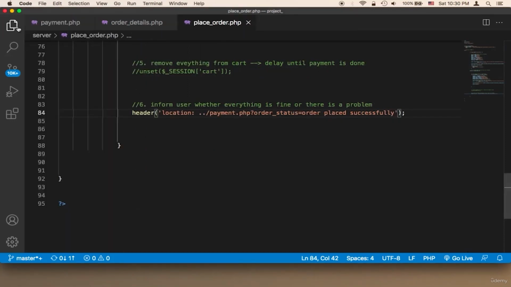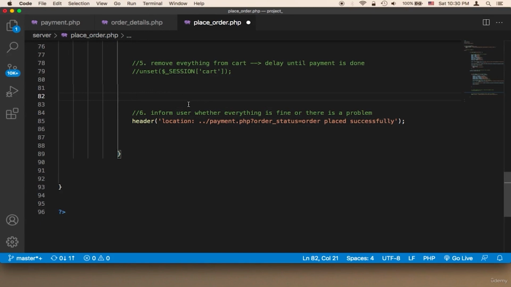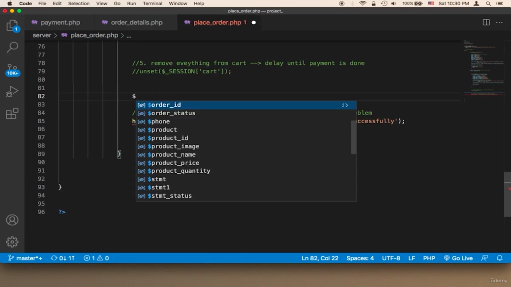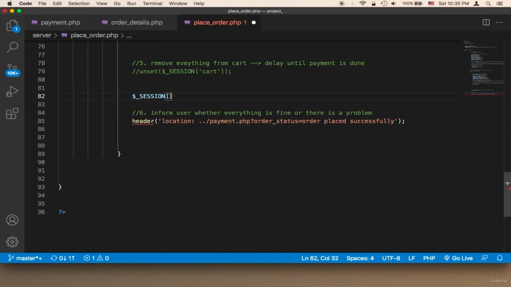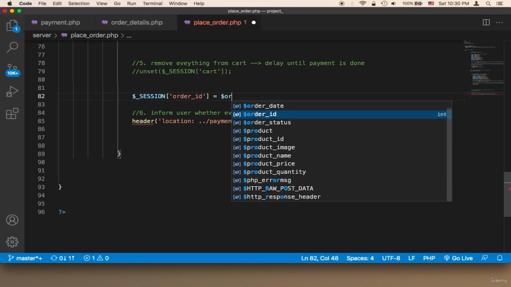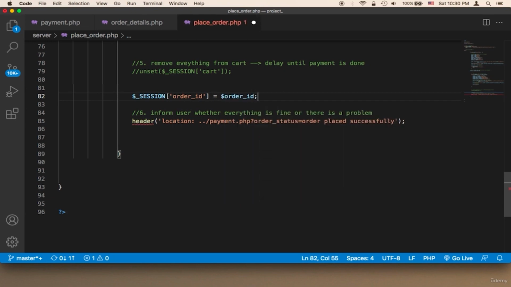So here what I'm going to do is store the order ID in the session, or we can pass it, but I think in the session would be better. I'm going to say session order_ID is equal to order ID. And then in the payment